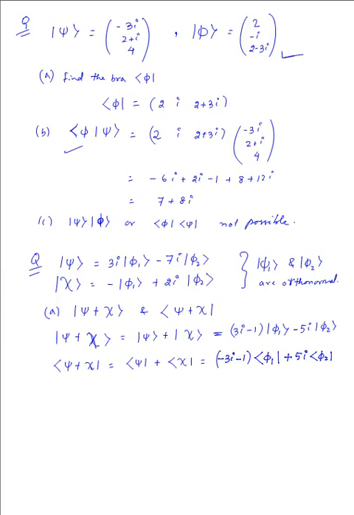Now after this we wish to calculate the scalar product of psi with chi, and also chi with psi. For the first term, psi with chi, we have already obtained the bra psi vector, which is this one, and we will be using that. So we have minus 3i minus 1 bra phi 1, and that will be multiplied to,